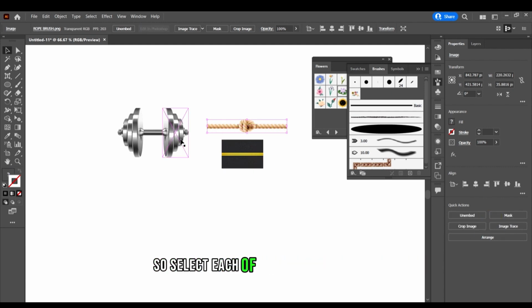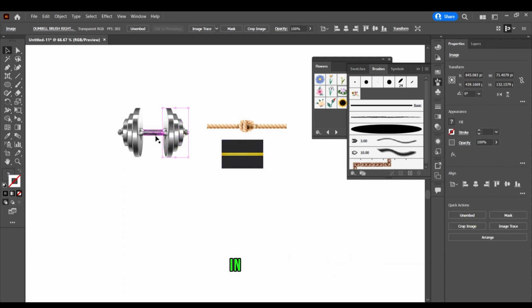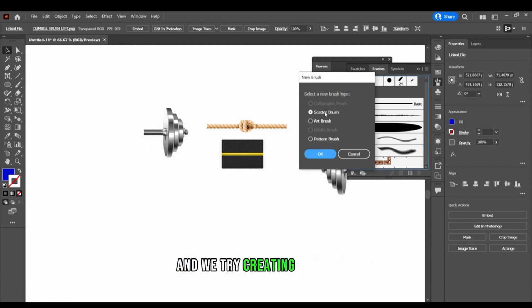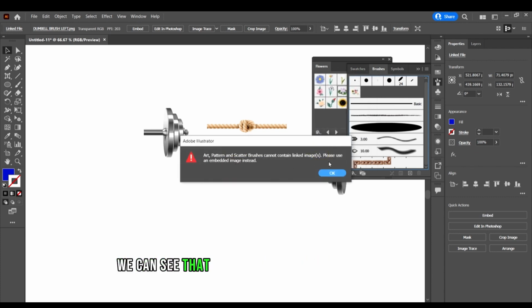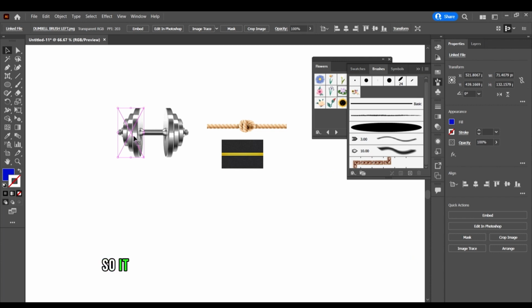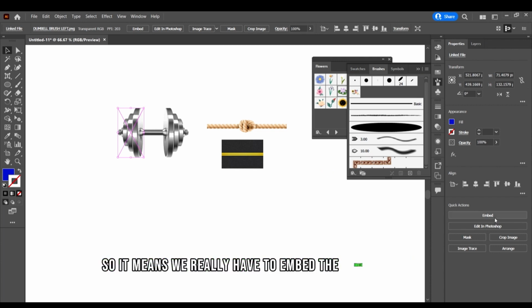So select each of them and just embed, embed, embed. And now if we try creating the brush, let's see, we just drag it in and try creating the pattern brush, okay, we can see that we won't be able to create it. So it means we really have to embed the image. To embed,